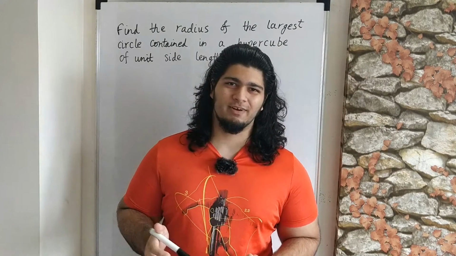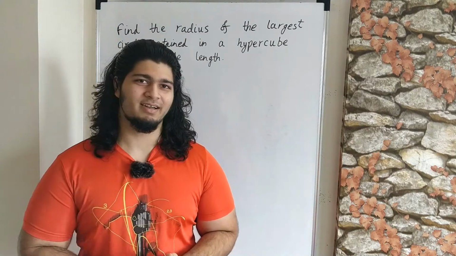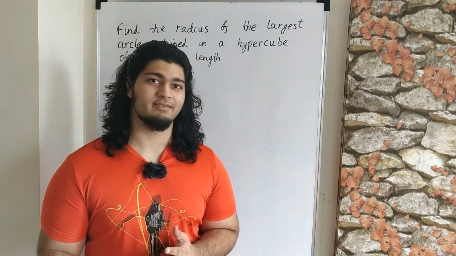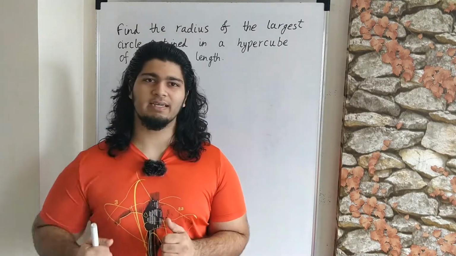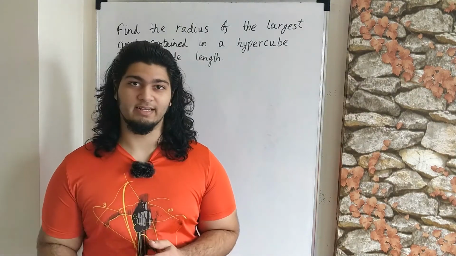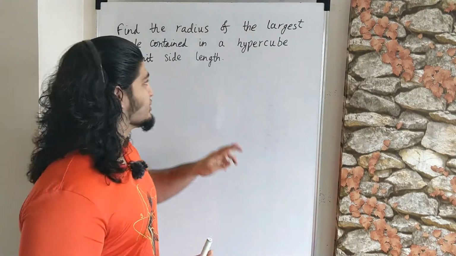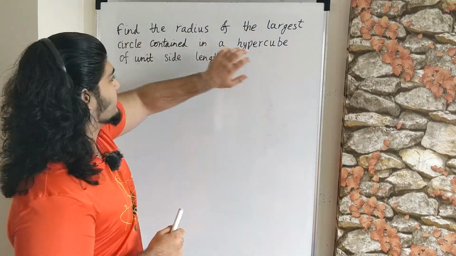The question is on your screen right now. Now since we are confined in a three-dimensional space and we can't really imagine what 4D space looks like, we need to solve this question analytically, and that means we need to define the objects of this question analytically as well. So the objects of this question are the circle and the hypercube.